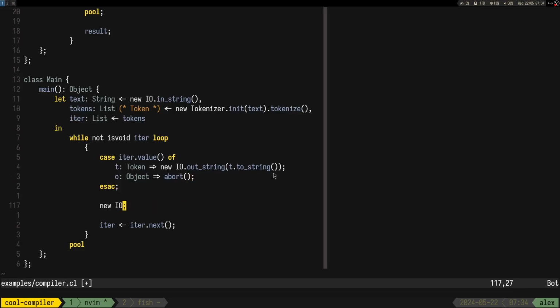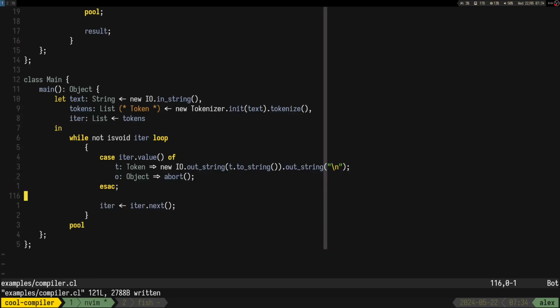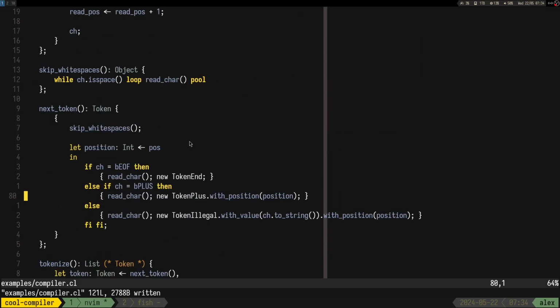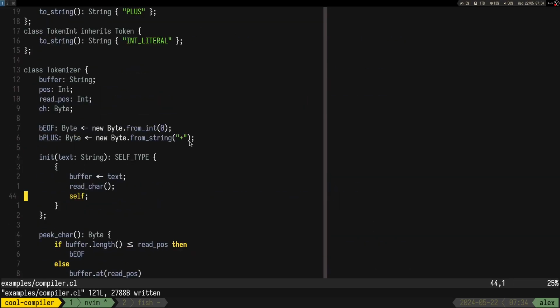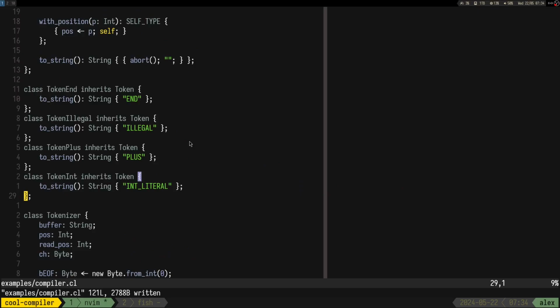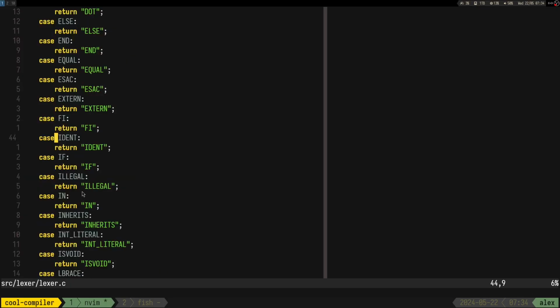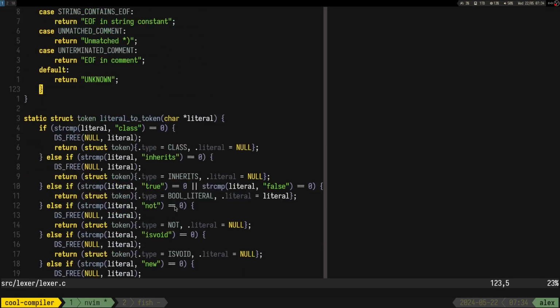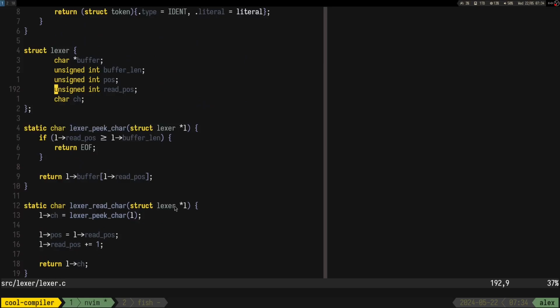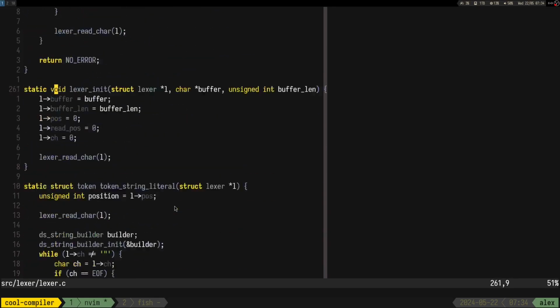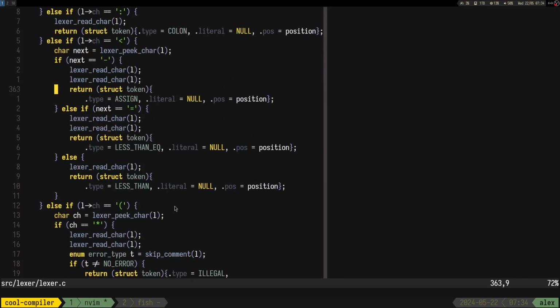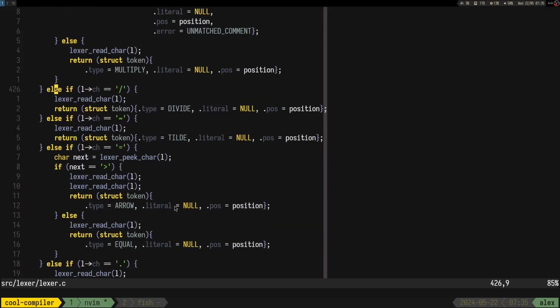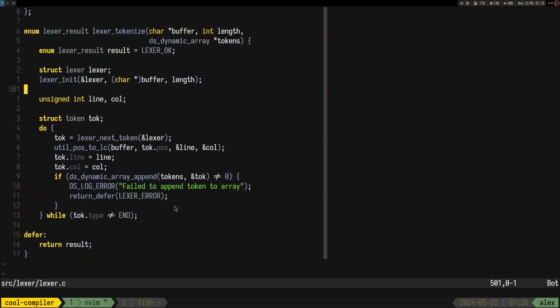I guess we can also put this one here just so we have it there. Okay, so that's the basic lexer, let's say, the most basic one. I think I also want to show the int, or I guess to parse the integer, so we'll see.